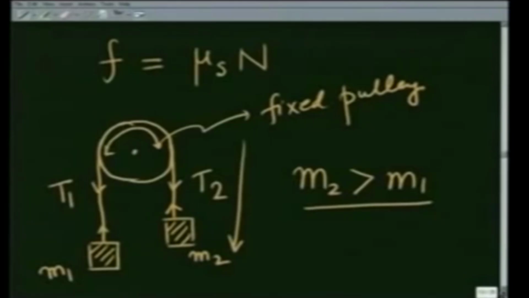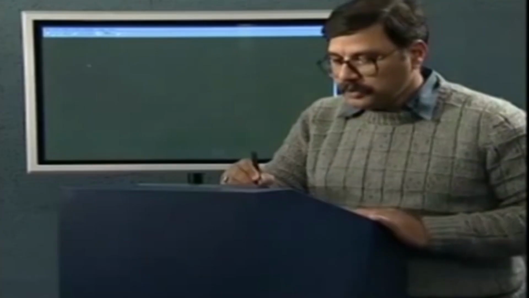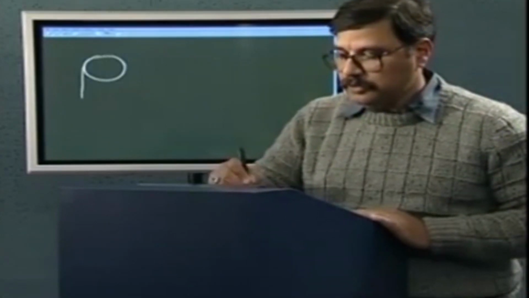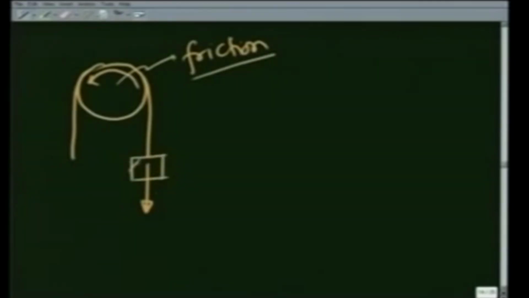I am pretty much repeating what I have done in a previous lecture on static friction. I do it here for completeness. Since the rope has a tendency to move in this direction, the frictional force on the rope is going to act this way. This is the frictional force. This is mass m2, as I said earlier, and this is mass